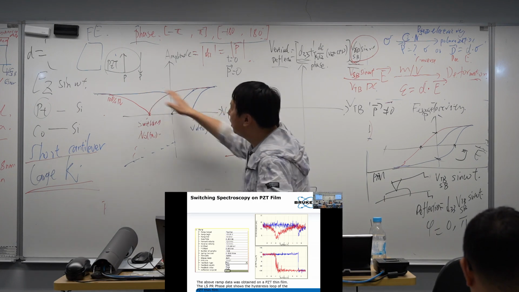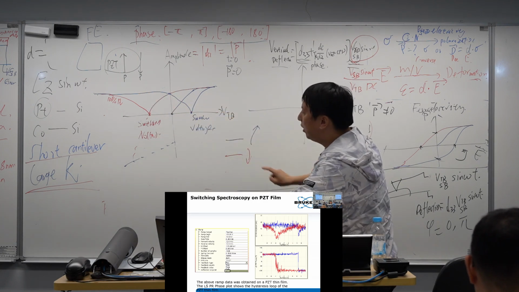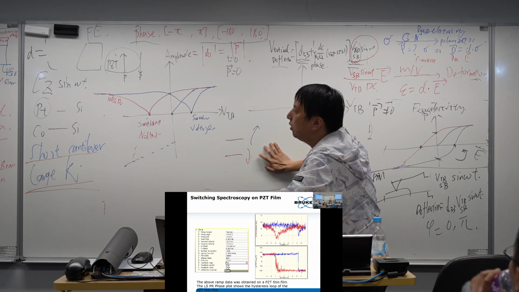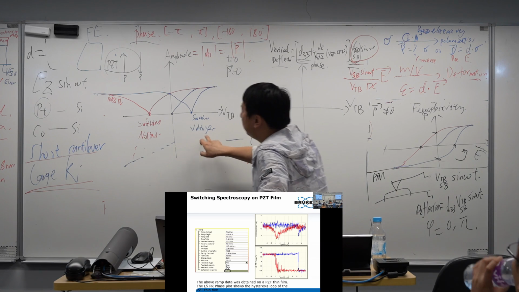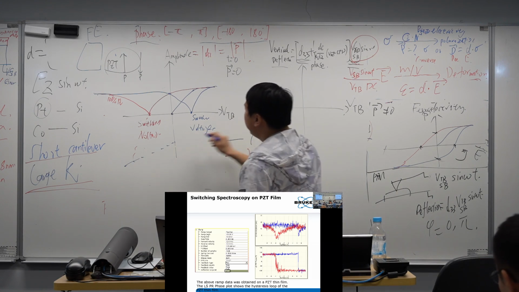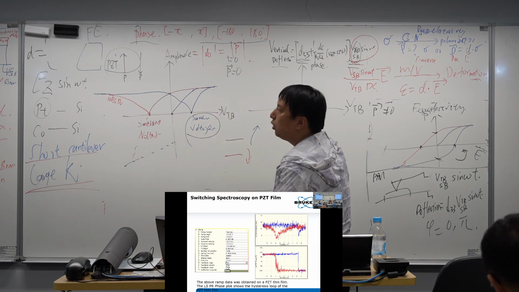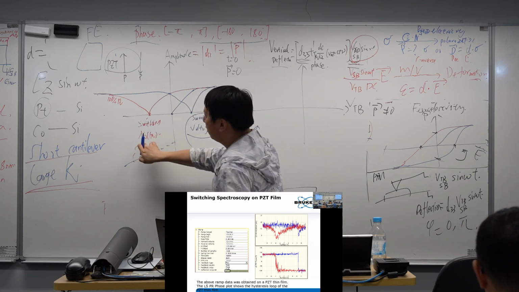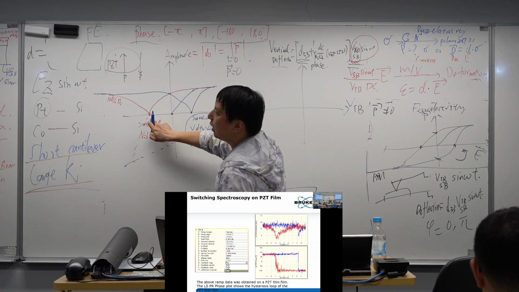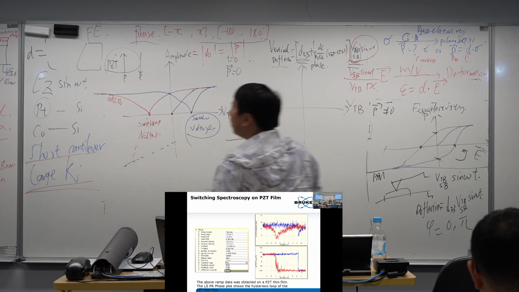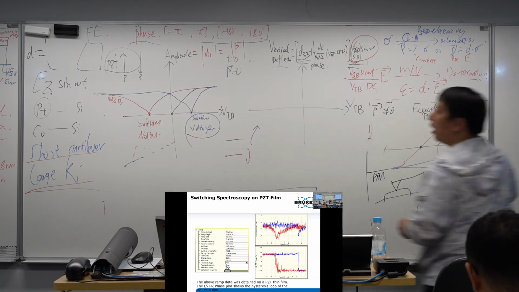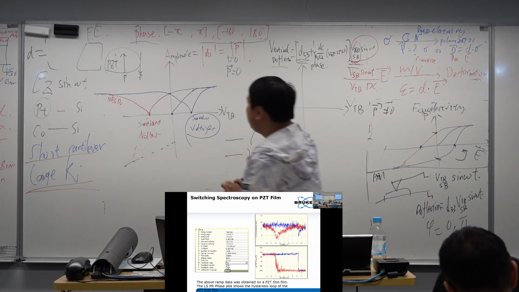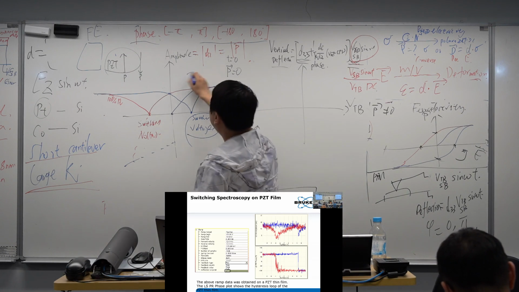The blue curve is increased, the red curve is decreased. So the positive switching voltage should be on the blue curve. The negative switching voltage should be on the red curve. So that's the meaning of counterclockwise. Okay, so if you are continuously going back and forth,